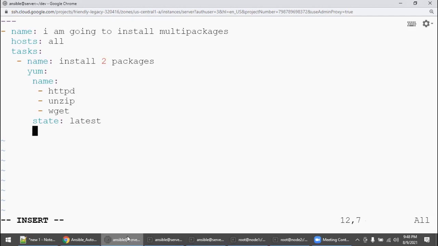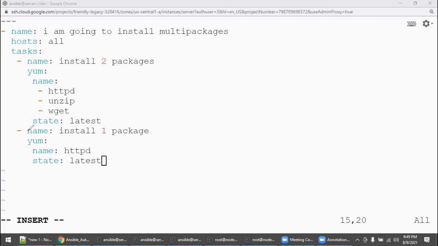Again, I'm saying don't get confused. If I am going to install one package, what you will do is go with yum and then one subsection inside: name, what is the package name, httpd, and then state equal to latest. You need to observe here.